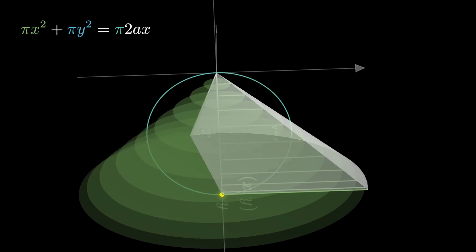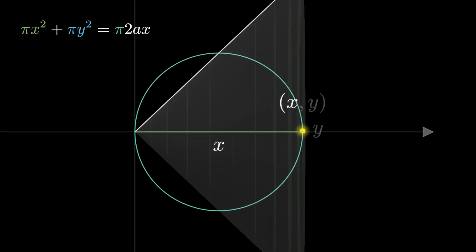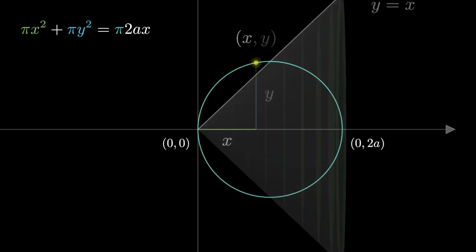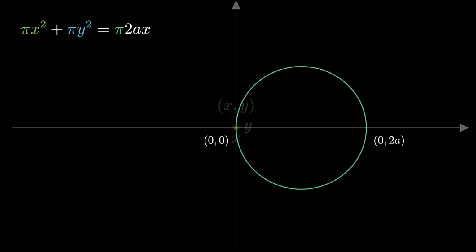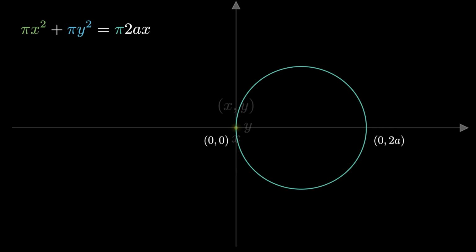A straight line rotated around an axis forms a cone. In other words, as the light yellow point moves from the left side to the right side, more specifically, from the origin to the point (0, 2a), pi x squared can represent the cross-sectional area of this cone at each position. So far, we already know that pi x squared represents a cross-sectional area of the cone, and pi y